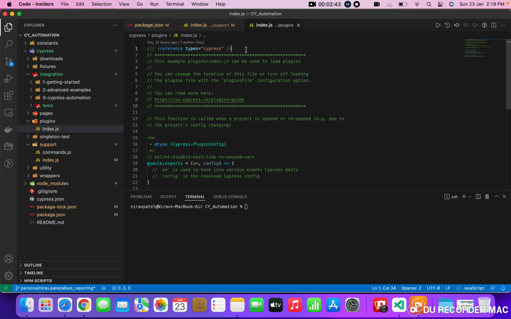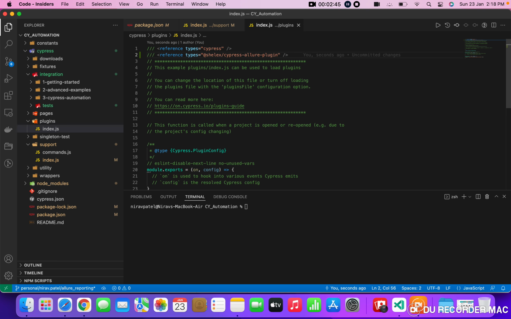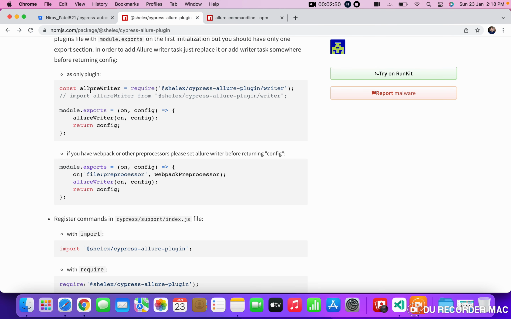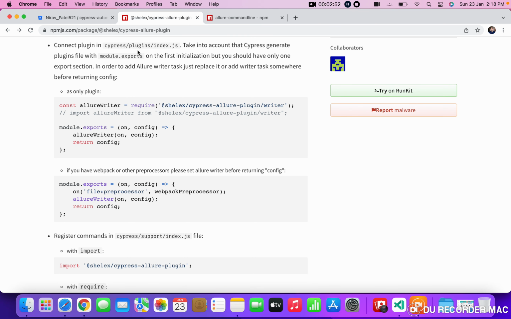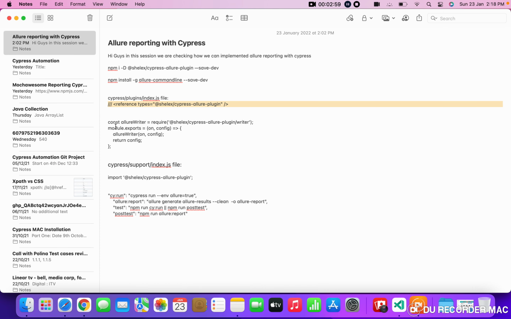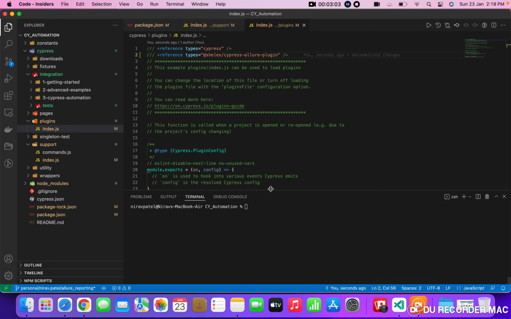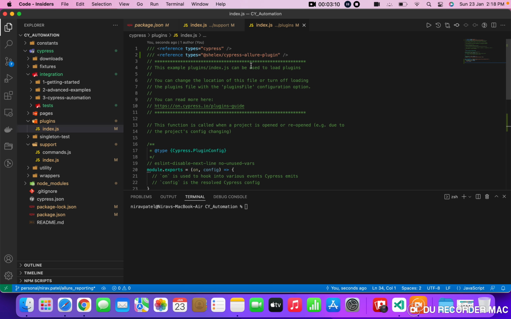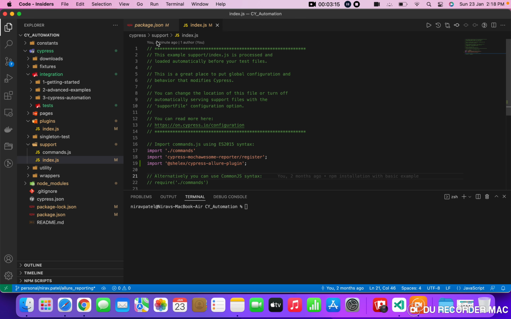Inside that plugin, let me add this here on the top, and there is one more thing that we need to install here, that is also mentioned over here, yes. This we need to import inside the Cypress plugin index.js. So let me copy this. This is all mentioned over here, we can see this. Let me copy it from here and go back to Visual Studio, and at the bottom we are installing that. Okay, so we made changes to index.js inside the plugin and index.js inside the support folder.